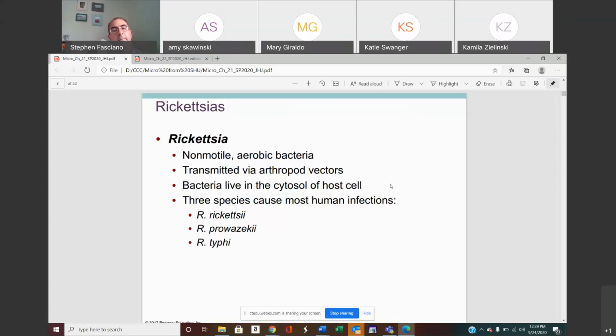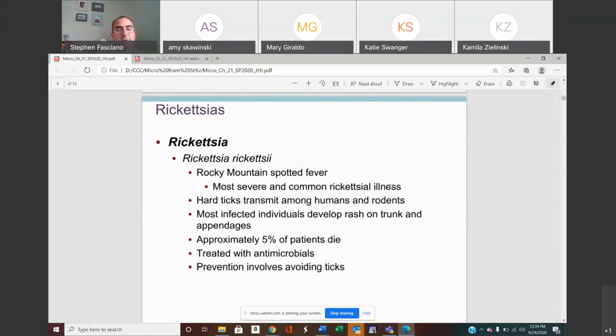Okay. The bacteria actually live in the cytosol of the host cell. So they live like in the cytoplasm of a host. And there are 3 species that cause most human infections. Those are the species there. One of the infections you probably heard of is Rocky Mountain spotted fever. It's probably the most common of all these rickettsia illnesses,